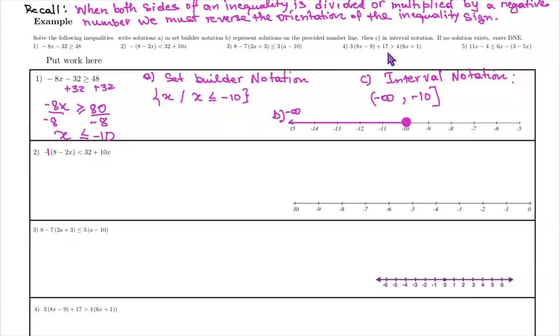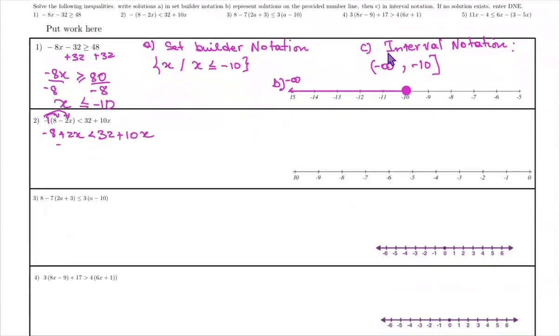So let's distribute that -1 here to remove the parentheses. That's -8 plus 2x less than 32 plus 10x. Let me subtract 2x on both sides. I'm subtracting 2x on both sides. That cancels the 2x on this side. I'm left with -8 less than